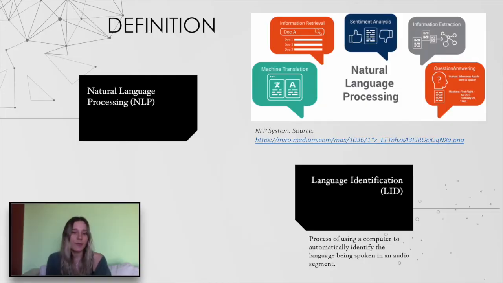So to start with, why did we choose the LID task to talk about? When searching for acoustic application fields using deep learning techniques, we came up with a lot of tasks that have been improved thanks to these algorithms. For example, audio classification, music recommenders, speech modeling. We also tried some of the class assignments that were uploaded to the Moodle platform.